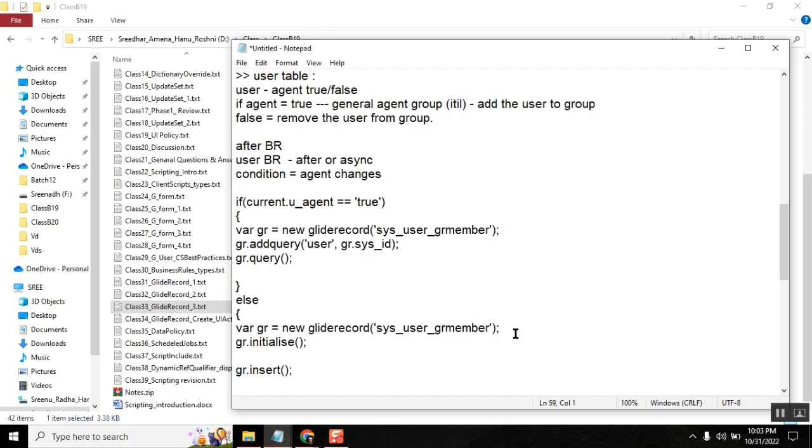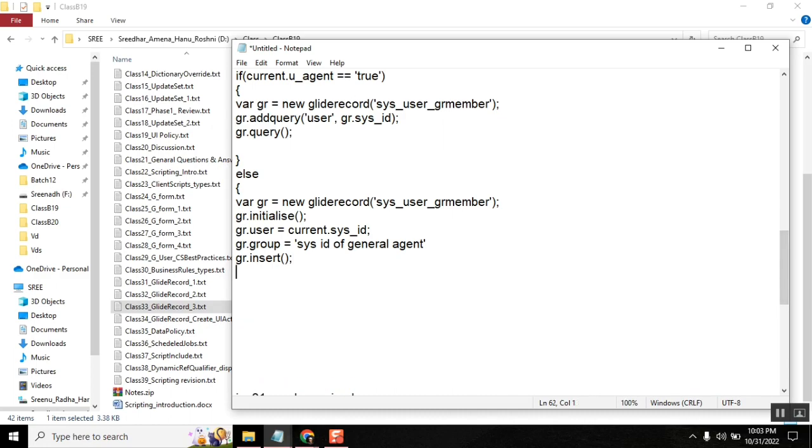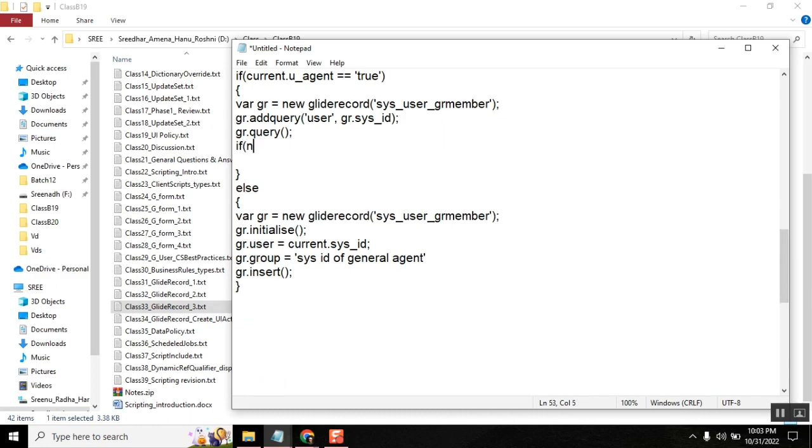Here you need to pass two things: gr.user and gr.group. Group is this group sysID. User is current.sysID. Correct. So insert is fine, done. Okay, for the update, maybe you go here: if gr.next,